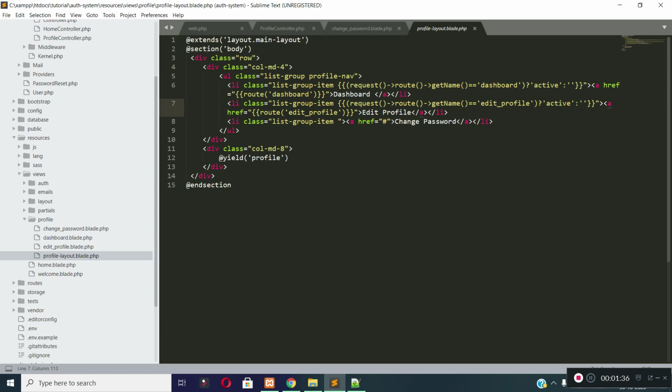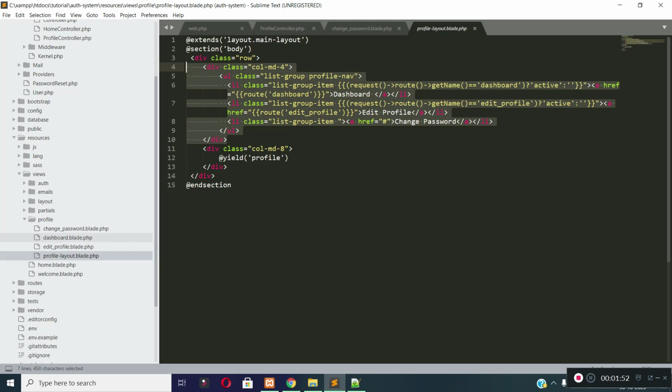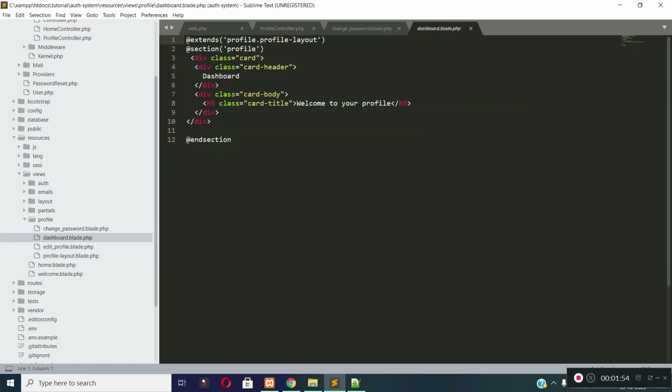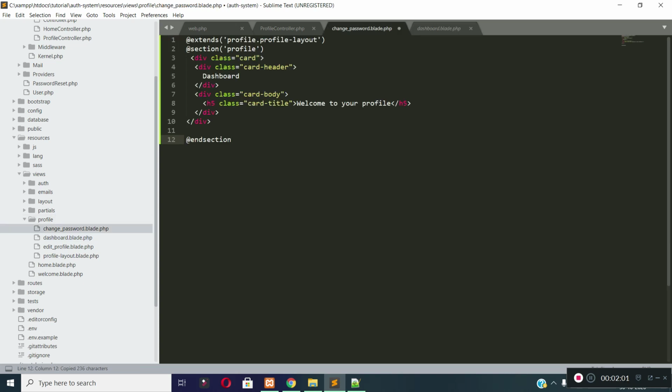And in our profile layout there is a common left sidebar. You can see this is the common left sidebar, and because our profile layout is extending our main layout, in our profile layout this header and footer is common. Now our dashboard page is extending our profile layout file, so let's copy the code from dashboard page and paste it to our change password page, and then rename it to change password.